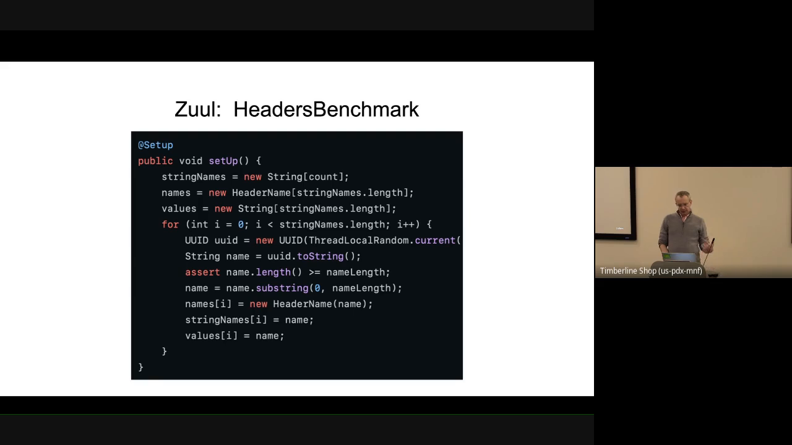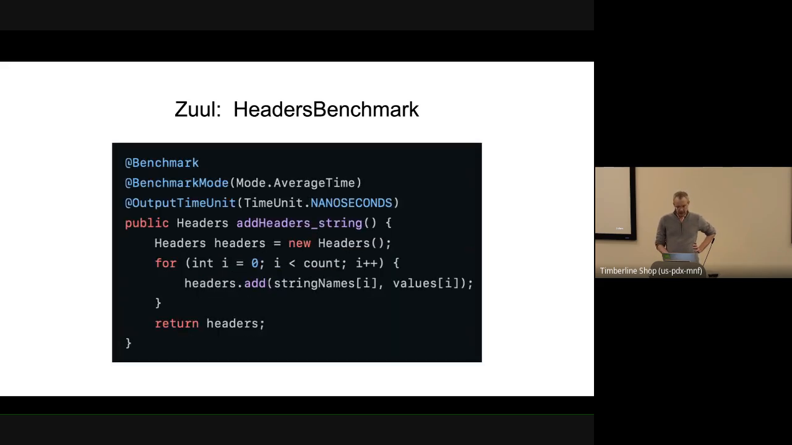So this is setting up an array of strings, and that array is the header names, because we're going to look at performance of the Headers class. So this sets up header names and header values, basically. And let's say the count was 100. So I'm going to have 100 headers. And then